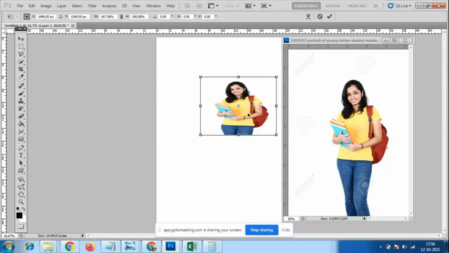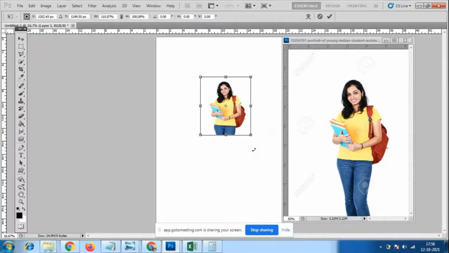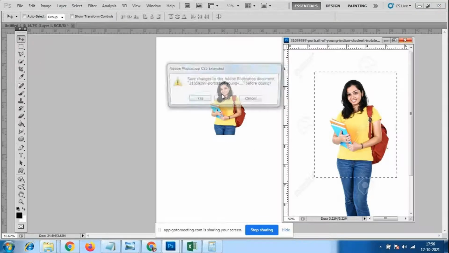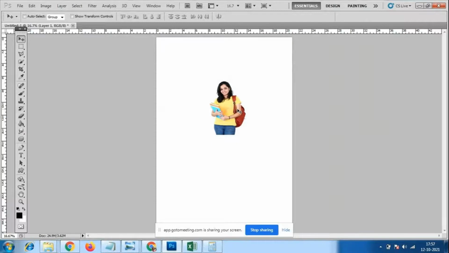So you will be like this. After drinking this, you can become thin like this because of this tool. Okay. So now what I will do, I'll just close this file. Okay. Control Z. Control Z means it will go back.